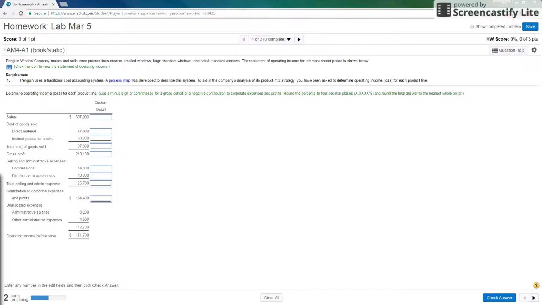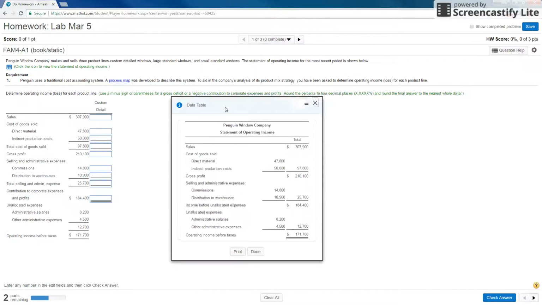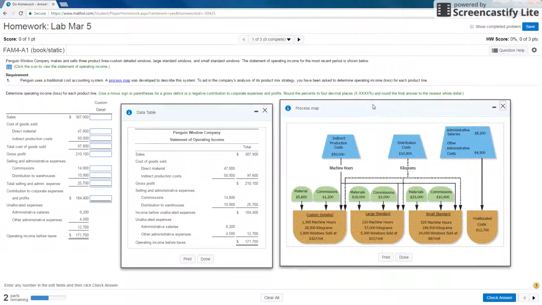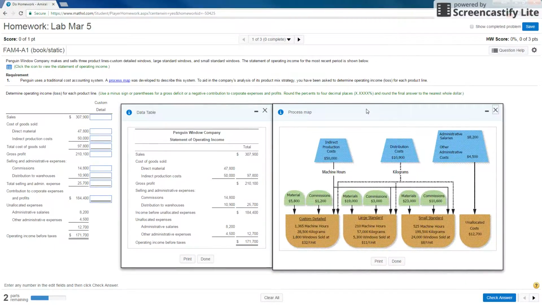So as always, read the question. I will bring up all of the data that you might need, and then I will solve the question for you. So again, pause the video and read the question. As you read the question, you will see we have a data table here and we have a process